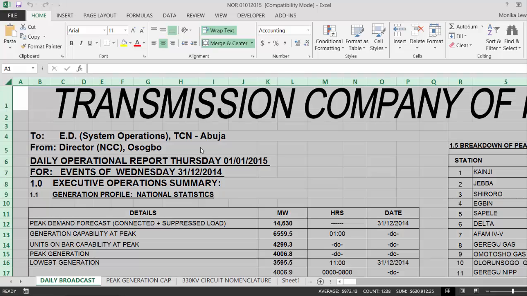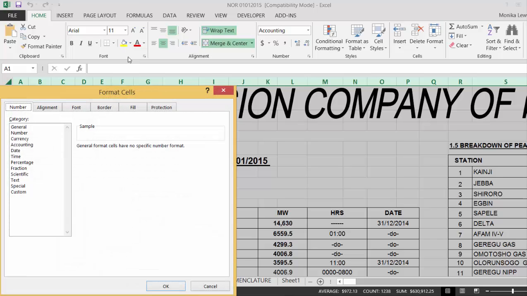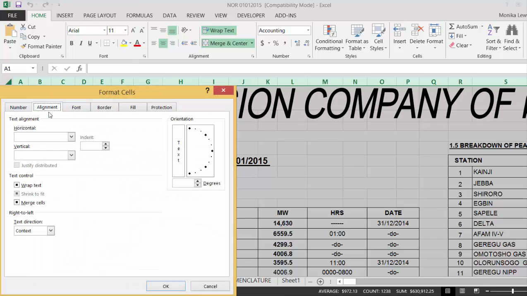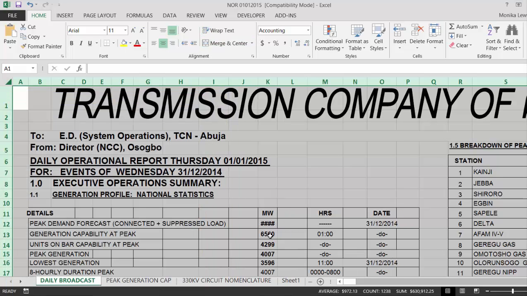If we press Control A a couple of times or select all the cells, we're going to press Control 1 and go to our alignment and take out the wrap text. Okay, and I don't know why in the heck we would need this shrink to fit. Okay, and then